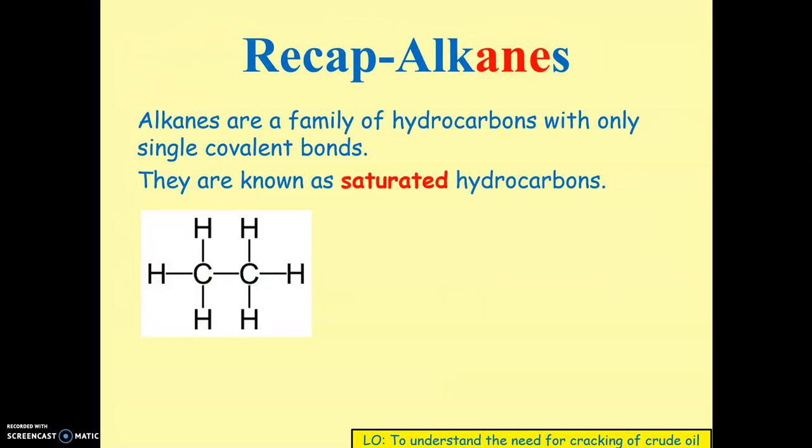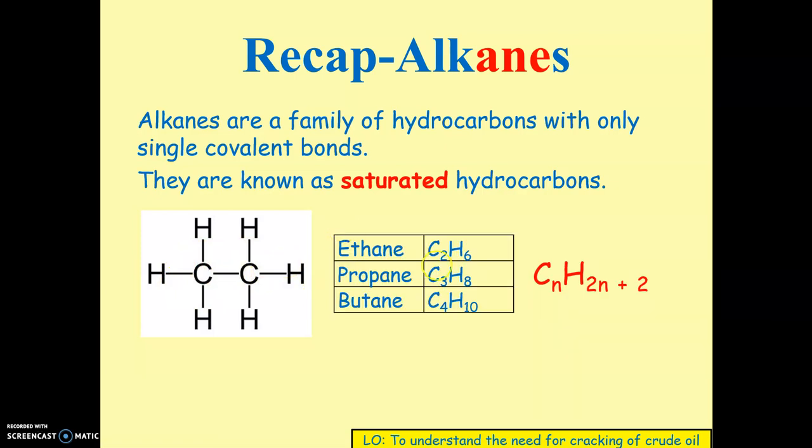Okay, so quick recap of alkanes. Alkanes are a family of hydrocarbons with only single covalent bonds. Covalent bonds are between non-metals only, so each bond between them is only a single bond. They are known as saturated hydrocarbons because they are all single bonds only. Examples are ethane, propane, and butane, and alkanes all have the general formula of